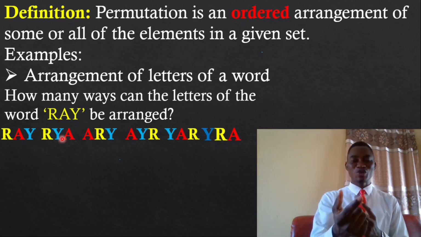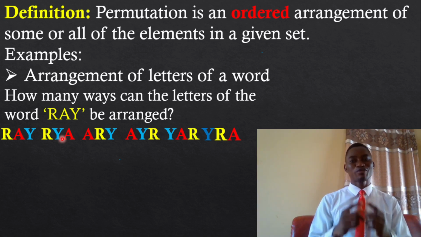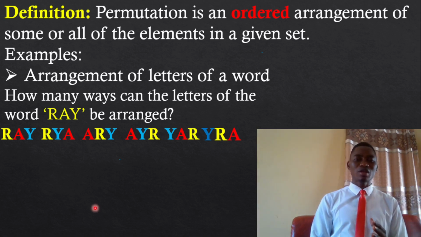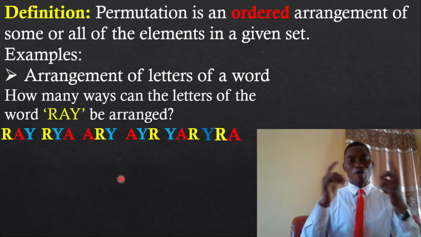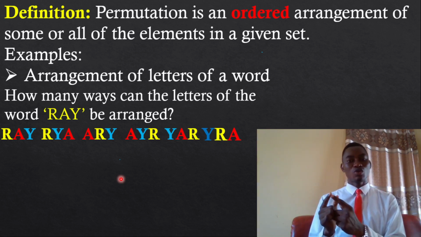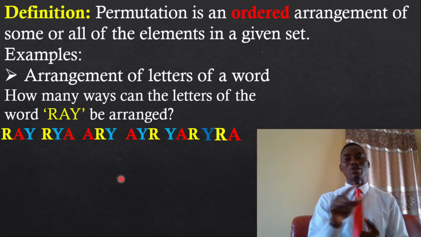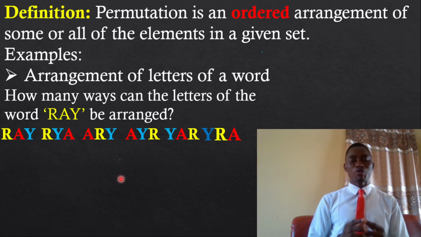Then your name, you my viewer, your name also has its own possible number of permutations. But then how would we know the number of permutations that exist in every word without having to write out the permutations? How do we know? I'm going to give you a